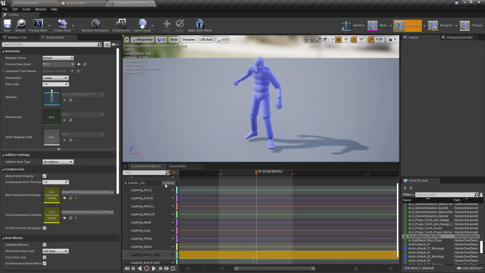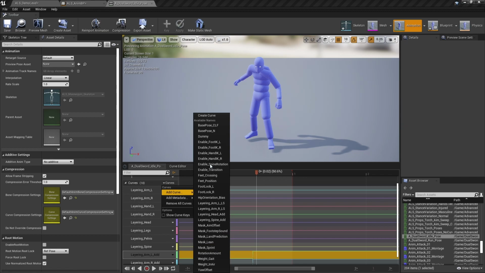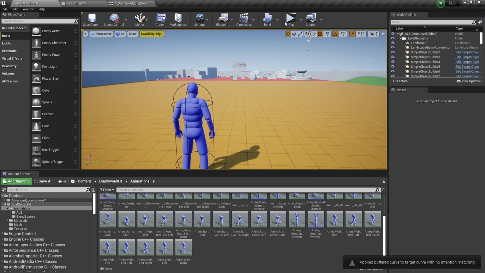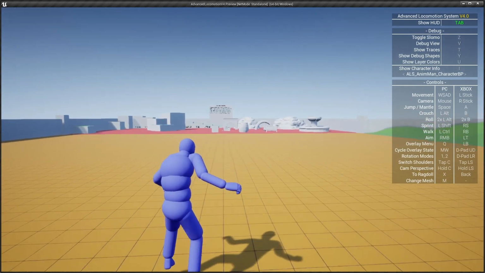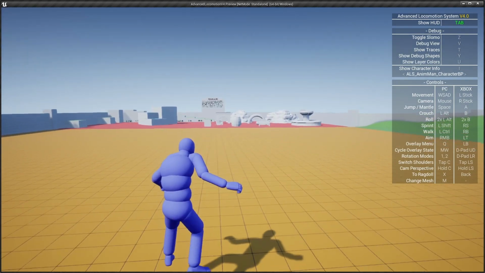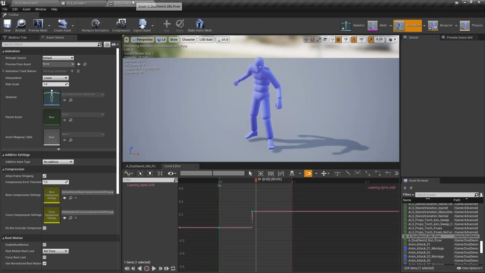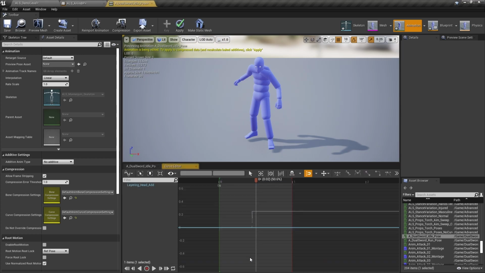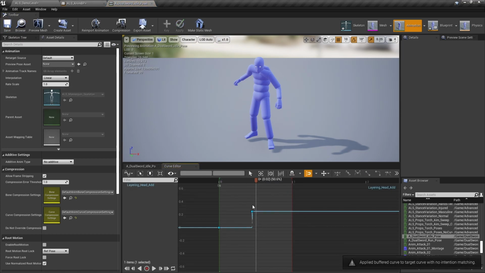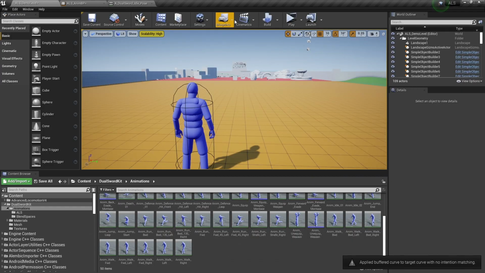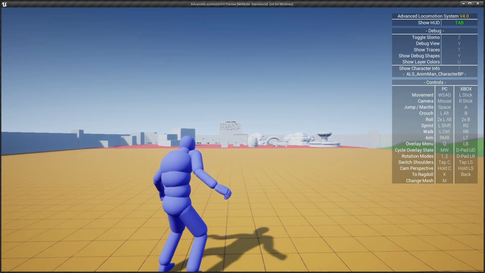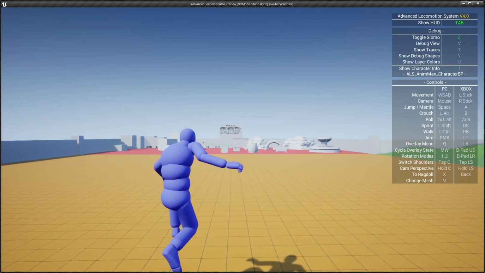I will also add a spine additive as well. I'll apply the same exact curve. Play. Just in case that we also have a head additive, we'll also apply the same curve. So notice it's way more natural, but once again,